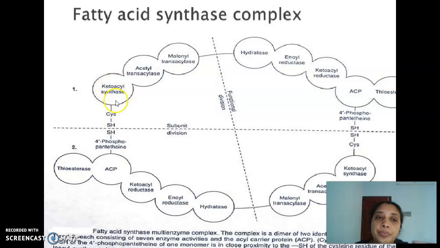Monomer 1, suppose this is a head. Head and then the cys-SH moiety. Cys means cysteine. Cysteine has an SH group. This is facing